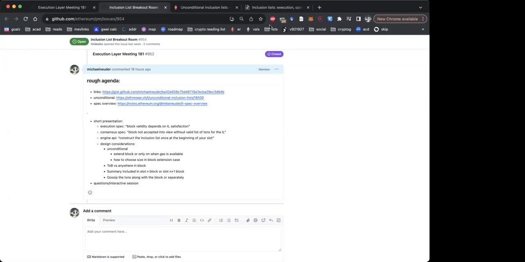So my question was still around limits. We're talking about gas limits here, but if we see this as a similar sidecar to the beacon block, the IL transaction, we don't have a direct limit on the size of the object itself. I'm thinking, does it make sense to have a hard cap on the size together with the gas limits to have the constraint be size on the sidecar?